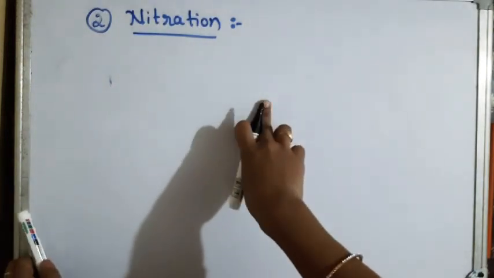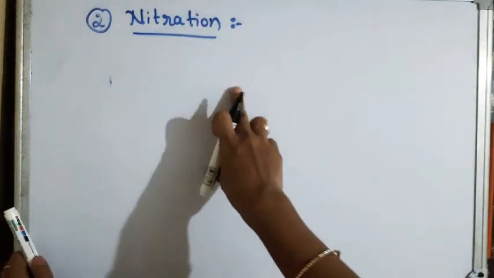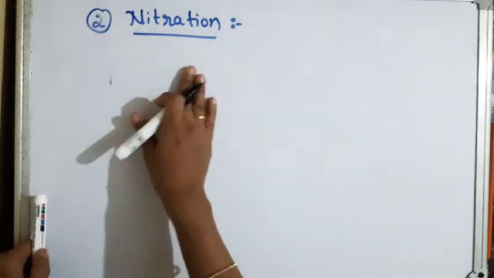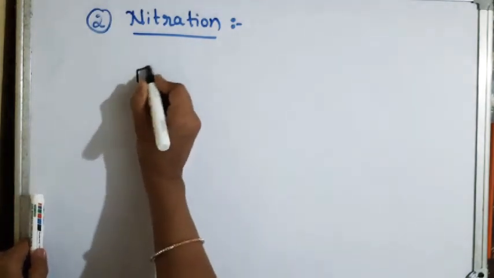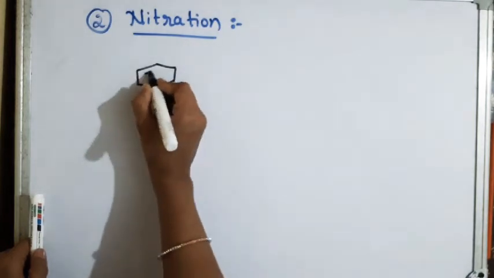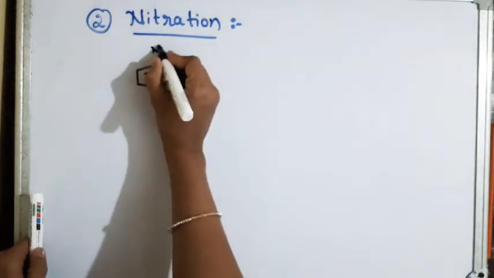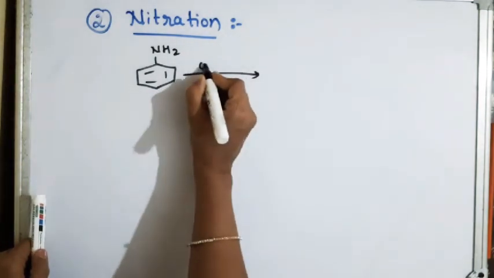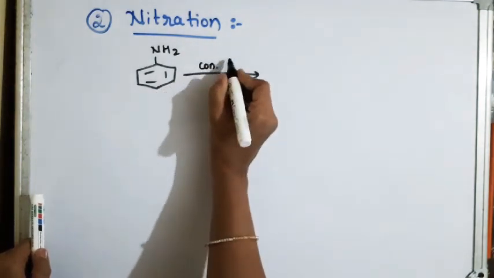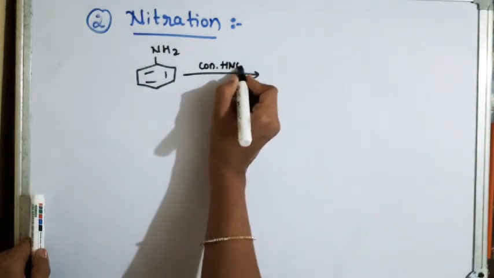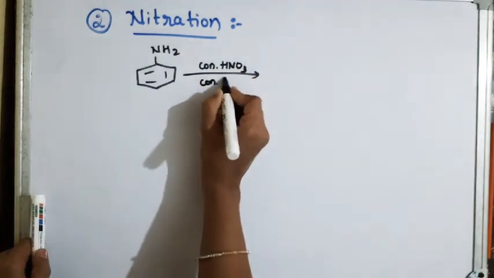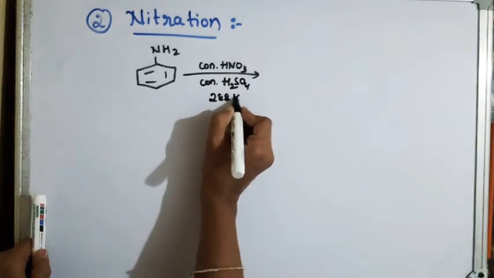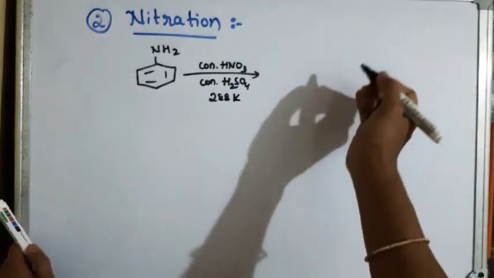The second example of electrophilic substitution reactions is nitration. For nitration, we are using nitrating mixture, that is a mixture of concentrated nitric acid and sulfuric acid. So when aniline is treated with a mixture of concentrated nitric acid and sulfuric acid at 288 Kelvin temperature, we are getting